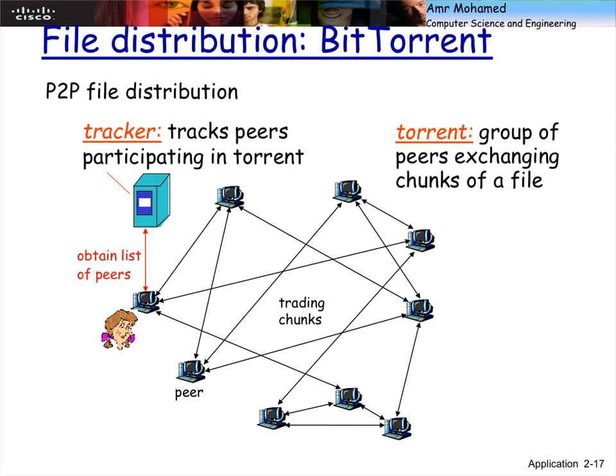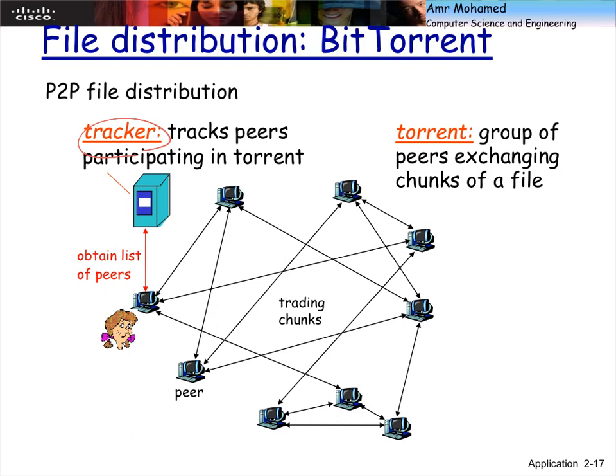As we said, you asked a question earlier about when someone requests a file, he gets into the system. So we need to know that this person is interested in this file content. This information is maintained by what we call a tracker. A tracker is like a designated peer,